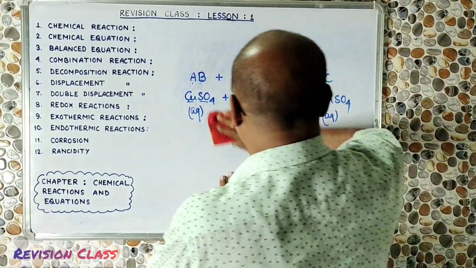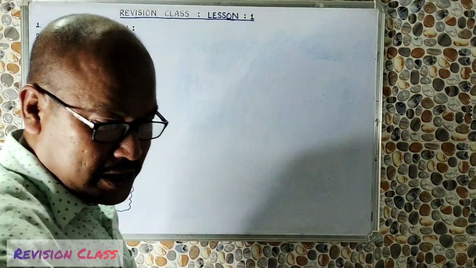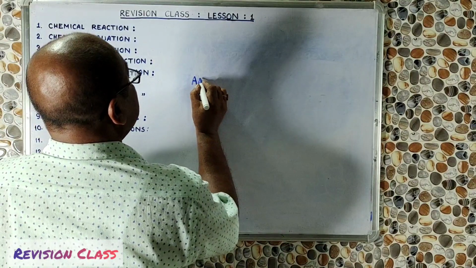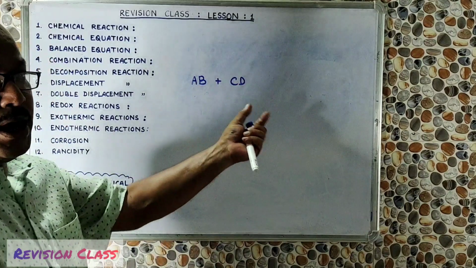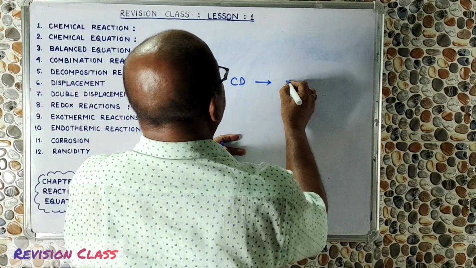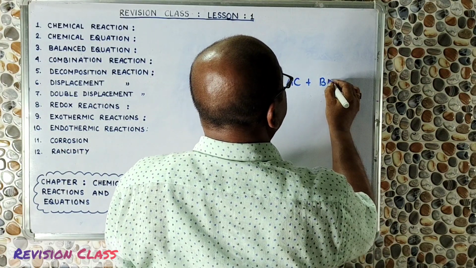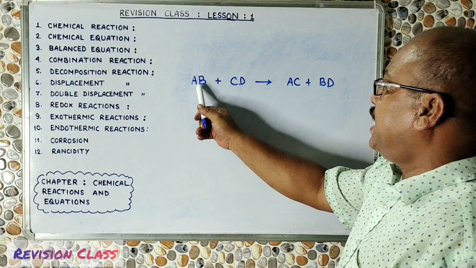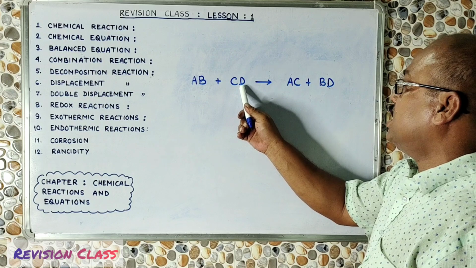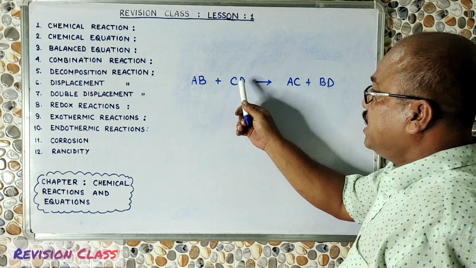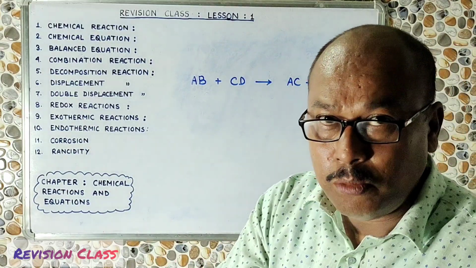Now after this we are coming to see the double displacement reaction. So in double displacement reaction, suppose AB is one compound and we have added CD with them, AB plus CD, and then they will produce compounds like AC plus BD. So what we can see, A and B were together, but now A and C are together, meaning C was with D, but somehow from CD, C has gone to A and B has come to D, meaning they have mutually exchanged their position.